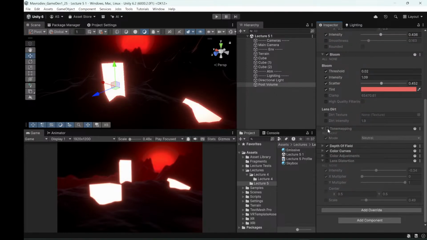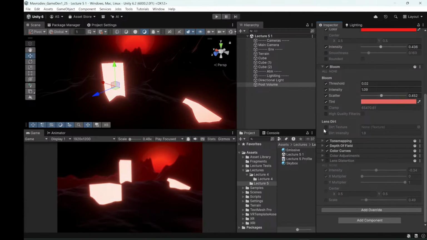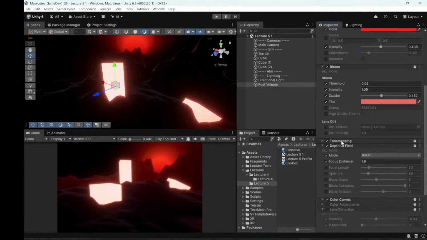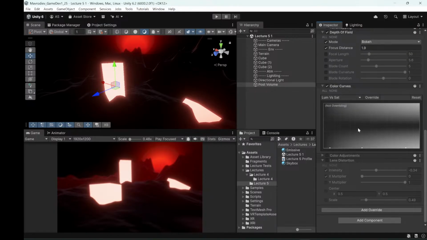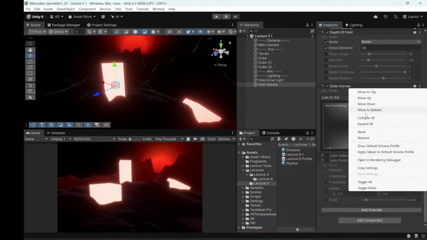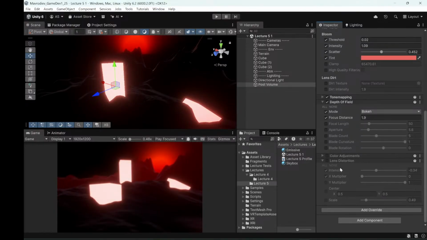Tone mapping is just kind of overlay, a bit of depth of field, and then, wait, these color curves, I'm not using them, so actually,